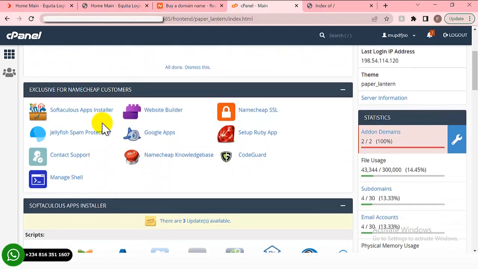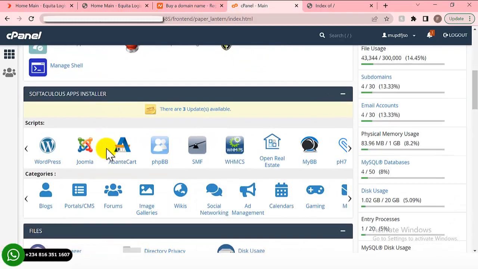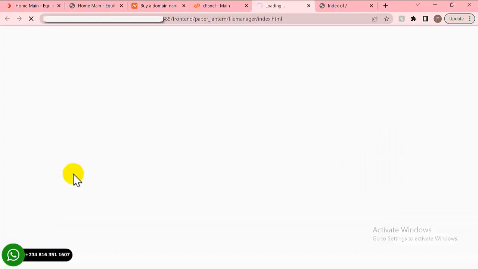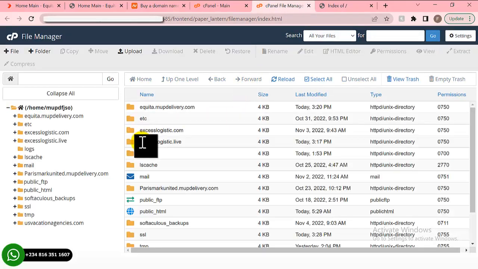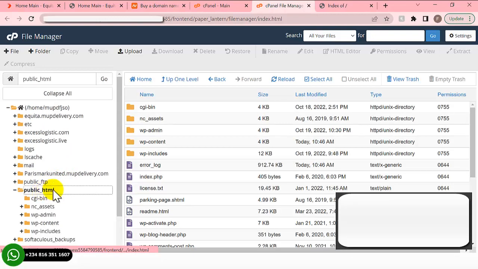Once you have your cPanel ready, you have to log into your cPanel. This is the cPanel dashboard. Once you come to the cPanel dashboard, you click on File Manager. This is where we are going to upload our Courier script. We'll be uploading the Courier script in this File Manager section. Once you click on File Manager, you'll be directed to this section of the cPanel. If, for example, this is your first time of uploading a website on your domain name, you have to click on